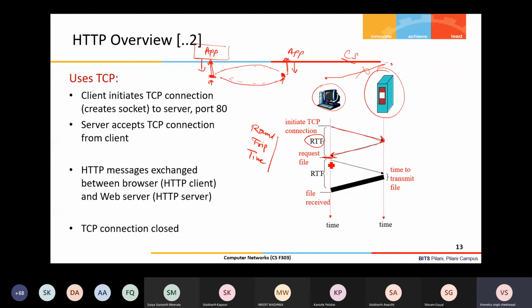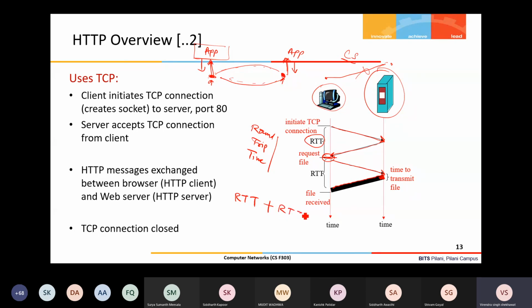Then the request message will go, and as a response the reply will come. Now this reply can be a large file, suppose a large image or a video file, so sometimes it can take time. For the first response the client gets, how much time will it take? One RTT for establishing the TCP connection, and then at least one more RTT for getting the first response.